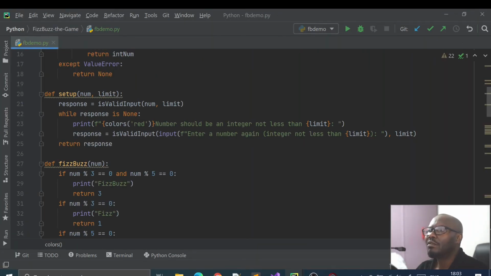We call colors reset after that error. After the error message, we call colors again, but this time we are passing in the reset. So after here, we call reset, so that when we run it again,